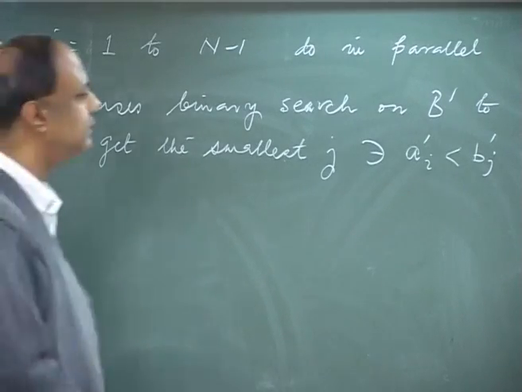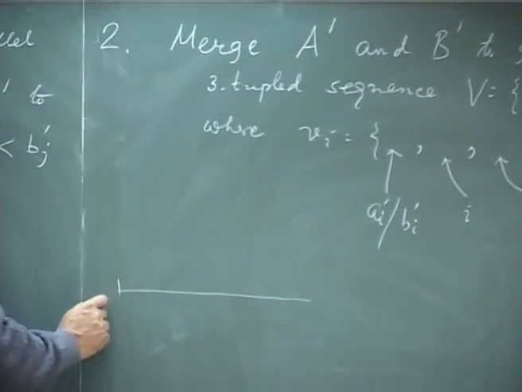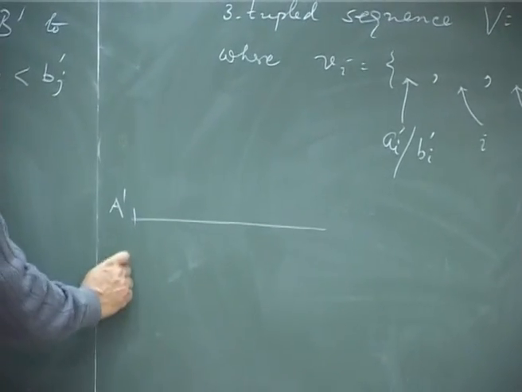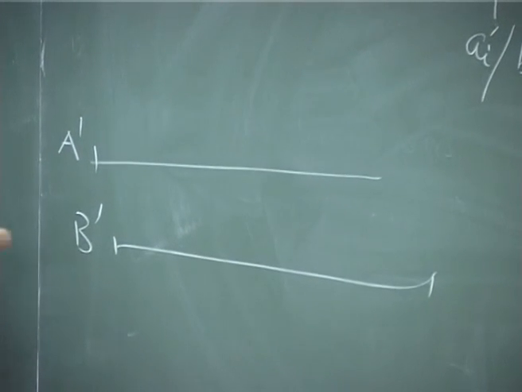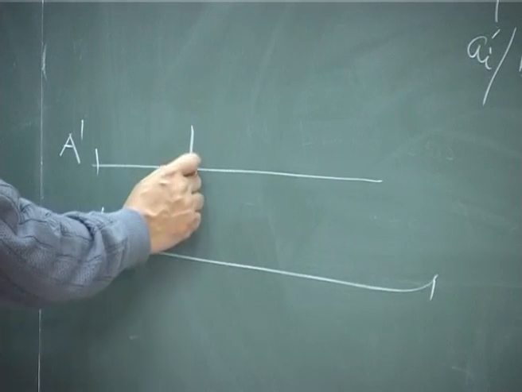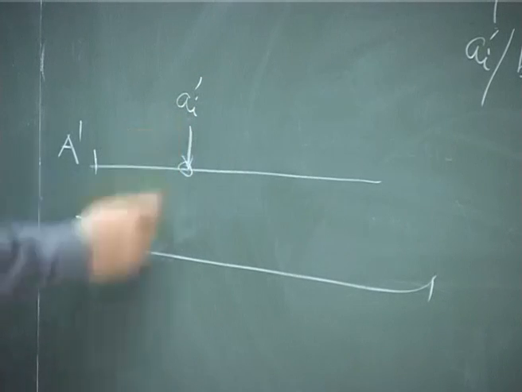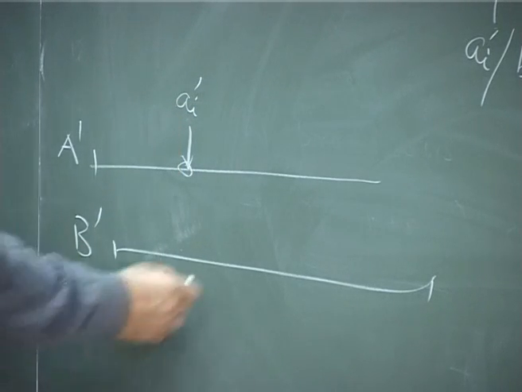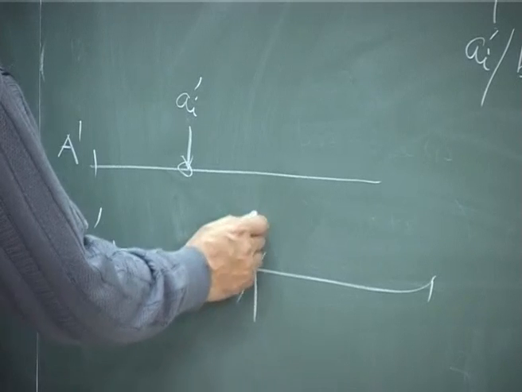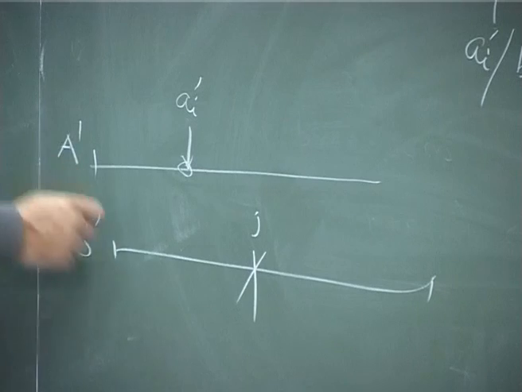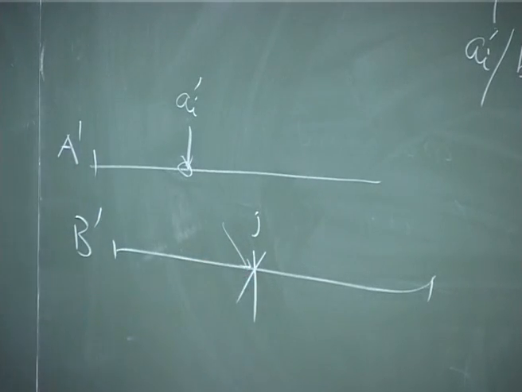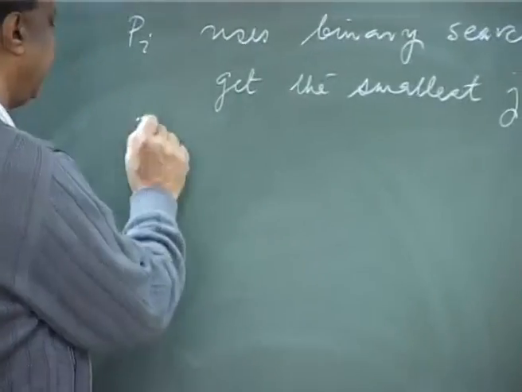Right. So what happens is, this is your A dash sequence, this is your B dash sequence. Now this element A_i dash is known to you. Now you are finding the smallest j. Because this is a sorted sequence, you can do the binary search, and A_i dash is less than this. So if such a j exists,